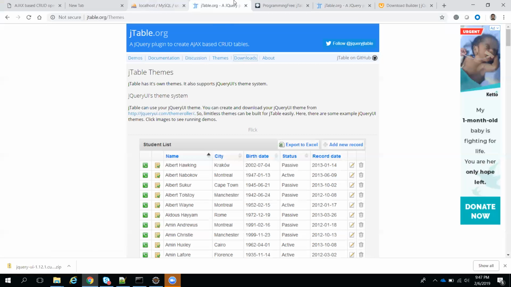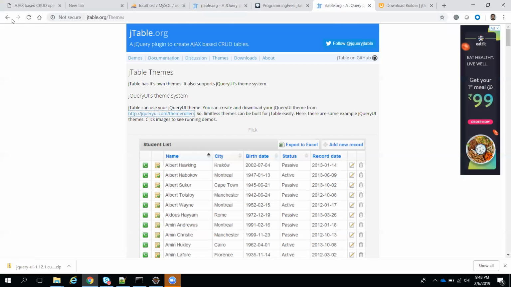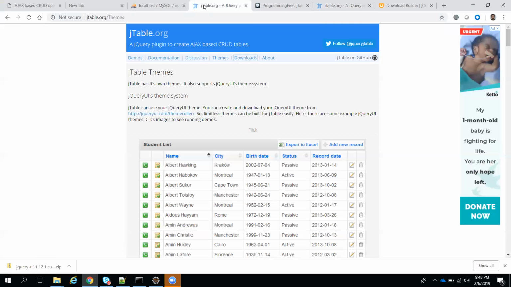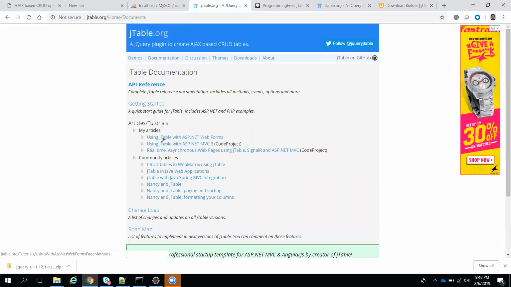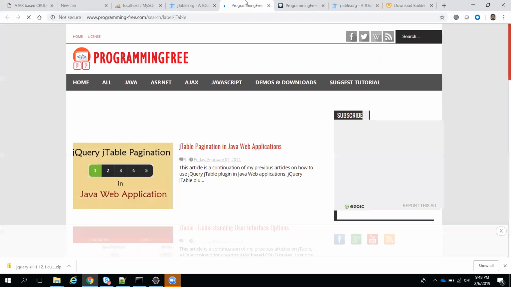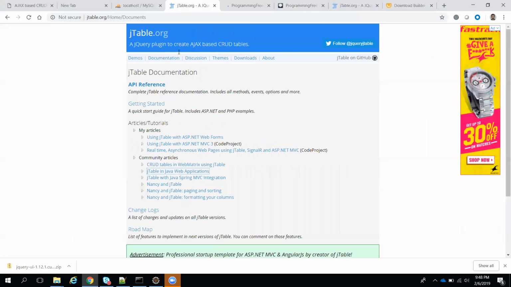So what we are going to do is pagination, right? Somewhere we are seeing pagination, where is it? Where is this option?